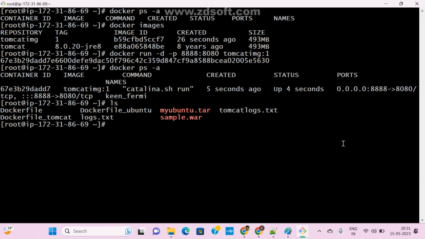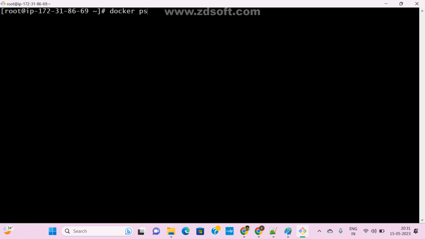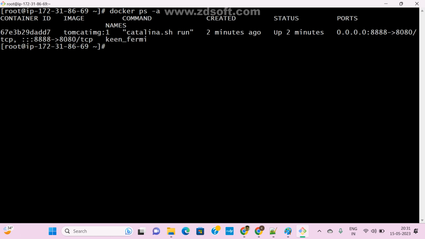Tell me the command. Docker ps -a. This is also an interview question. We deployed the application in that container, but we are unable to access it. So what are the ways we can trace it? How many ways can we check that?